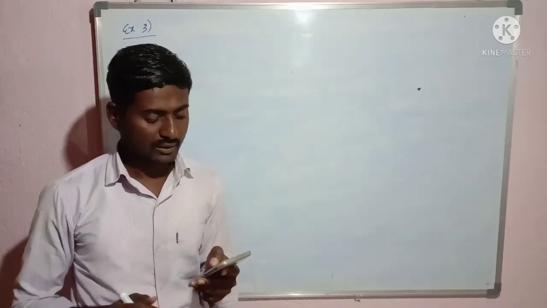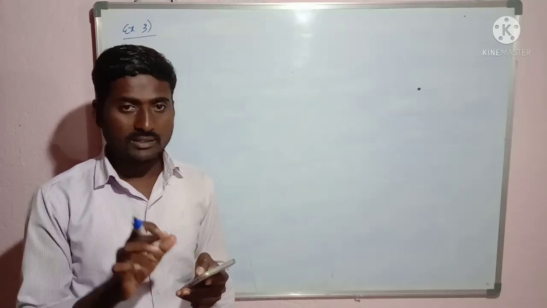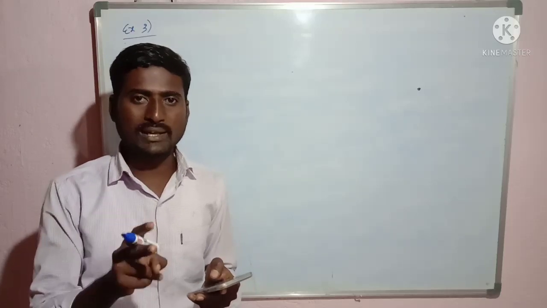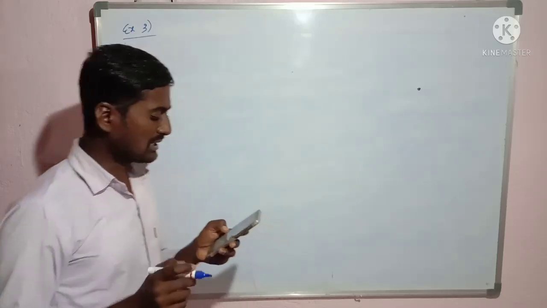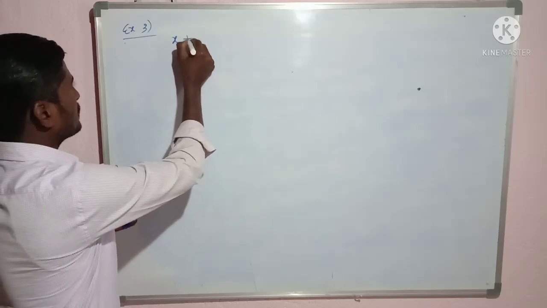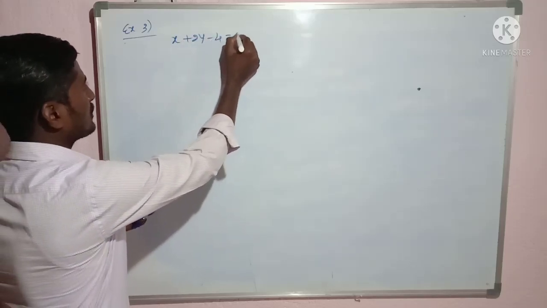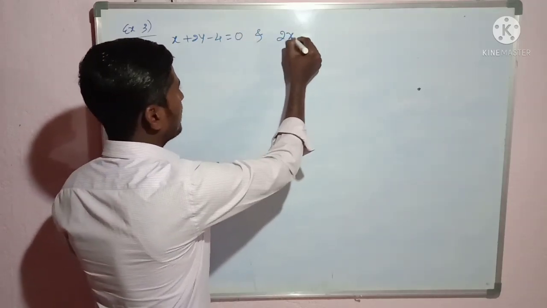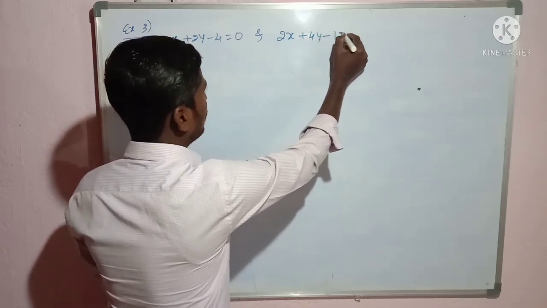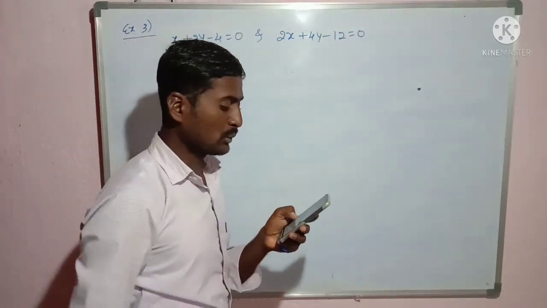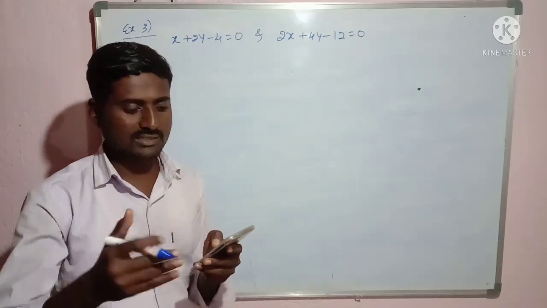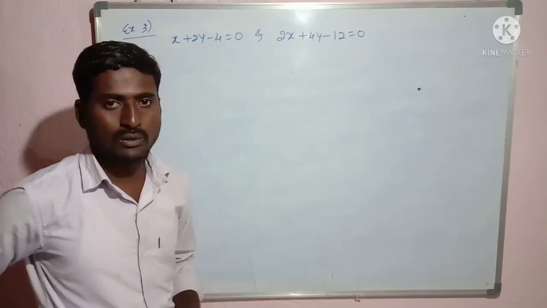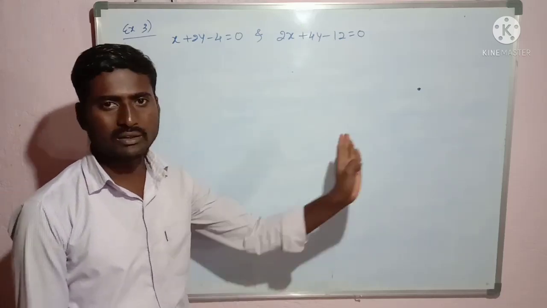Then you will come to know what actually the concept is. See the question. Two lines are represented by the equations. So they gave two lines in the form of equations. The first line is x plus 2y minus 4 is equal to 0. Okay. And one more is 2x plus 4y minus 12 is equal to 0. Represent this situation geometrically, or graphically, both are same.